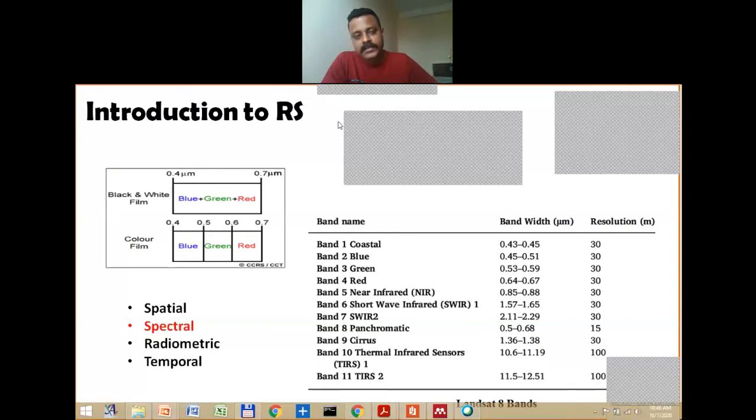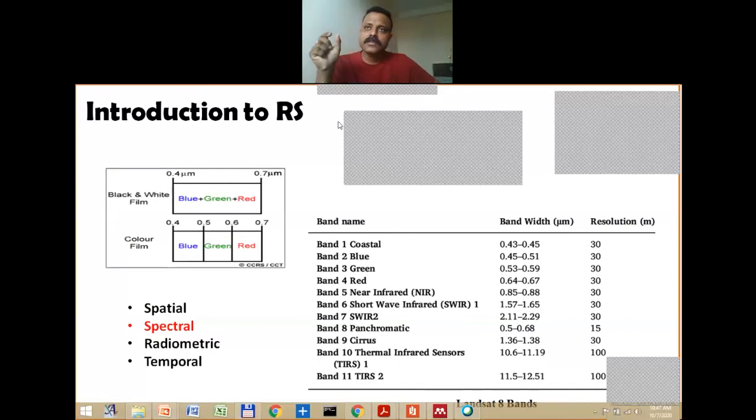First one is spatial, second one is spectral. What is a spectral resolution? Okay, so let me put it in this way. Everyone nowadays has a camera, either a digital camera or DSLR, or maybe you just use your phone camera to take a photo. In any of these cases,